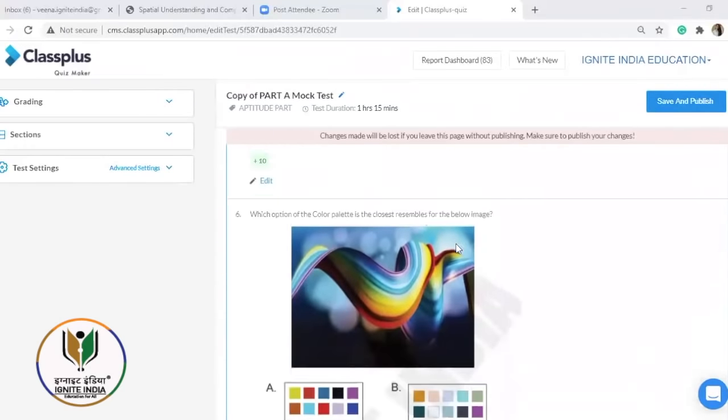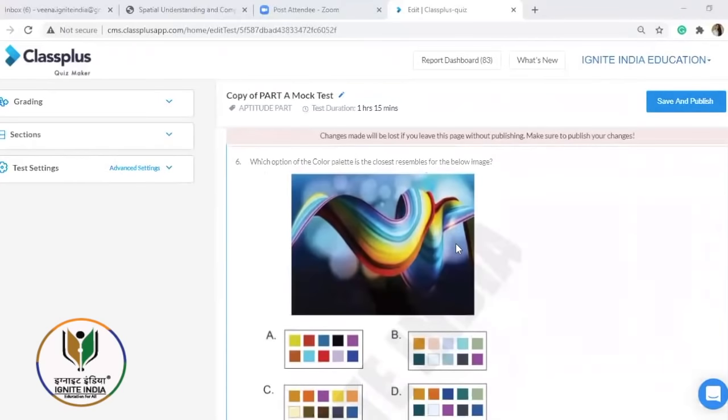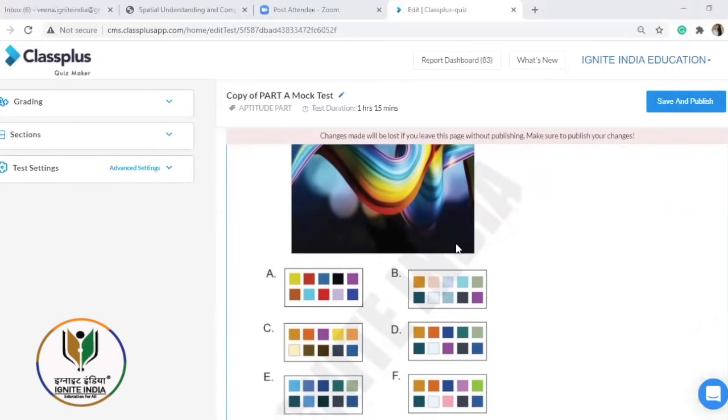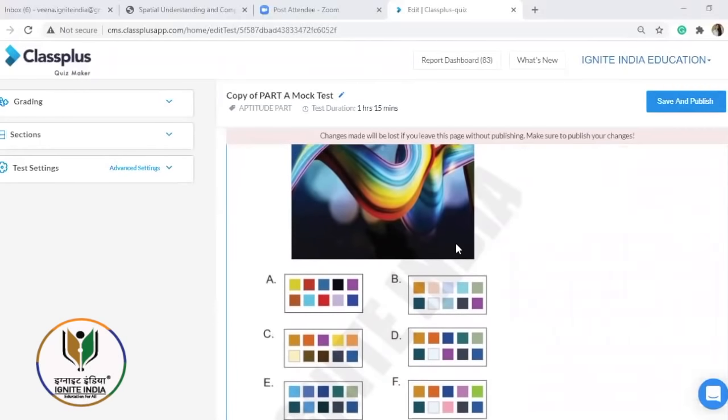Now we are at the next question, question number 6. Again, you have to find the color palette, but here it is a bit difficult. You have so many colors to look at: 2, 4, 6, 8, 10. Here it is the opposite, reverse way. You have 6 answers. Out of the 6, you have to select the right one. Look at the composition very carefully and start eliminating. We have given you such a question, you know why? Because if you solve this level of composition, you can easily match the exam level of composition. Let's look at the next one, which comes on your screen right now.